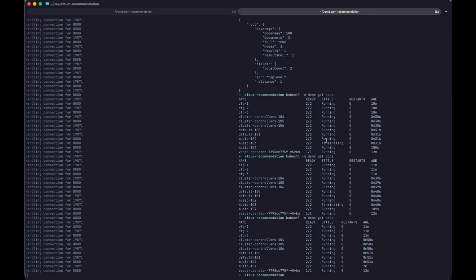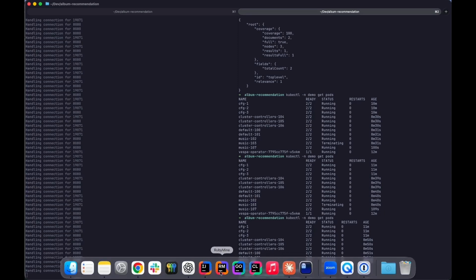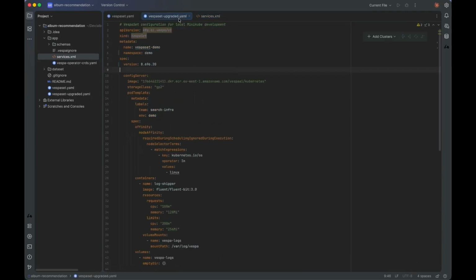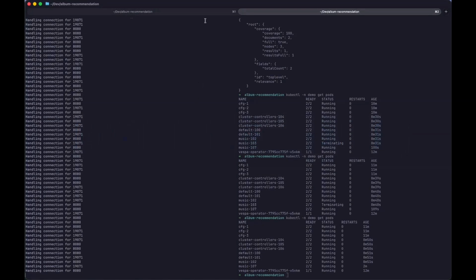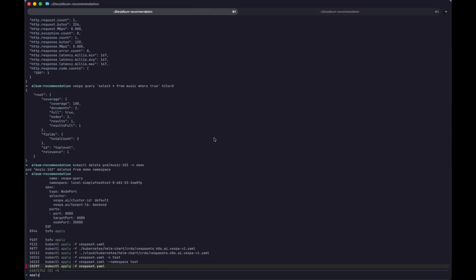I also want to showcase one more lifecycle operation, which is platform upgrades. Upgrades in Vespa are triggered via the Vespa resource. In the previous resource, I set the version to 695.32. But to upgrade the Vespa version, all you have to do is simply tick this version up. So in this example, in the Vespa set upgraded, I've upgraded it to 696.20. And now if I apply that to the cluster,